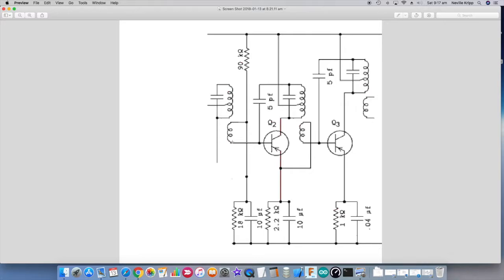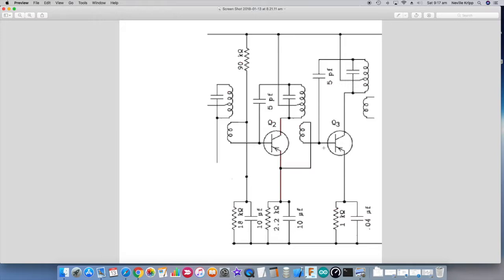So the IF signal will be coupled through to this transformer and will be appearing on the base of this first transistor Q2. Again, you'll notice in the collector we have another tuned circuit, again which will be tuned to 455 kilohertz, and we have another coil which is coupled as a transformer to that tuned circuit, which is feeding